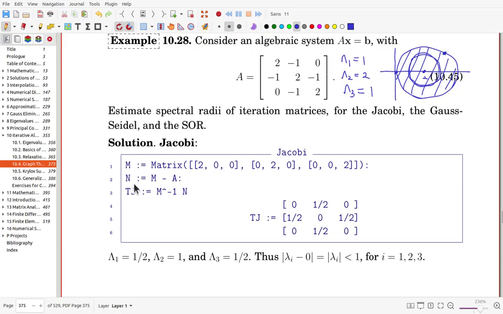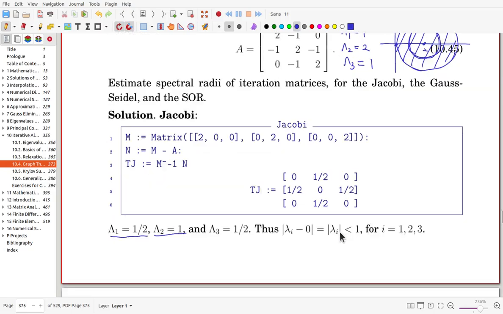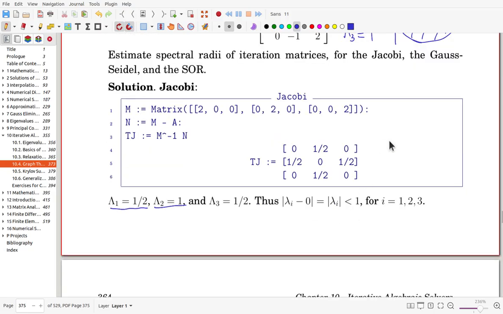For the matrix, N is chosen to be diagonal, and N is M minus A. Now, the iteration matrix is M inverse N. So we have that. You can easily see that the off-diagonal entries summation is half for the first row, and for the second row, addition is 1. Now, for the third row, addition is again half. Okay, so we can make disks